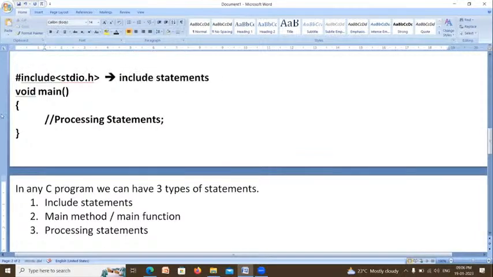This tent house is called stdio.h. It is just like a tent house, which will give the tools that are required to build your applications. To build your applications, you need some tools. Those tools are already developed and kept in stdio.h. You can copy the content of stdio.h into your program by writing hash include.